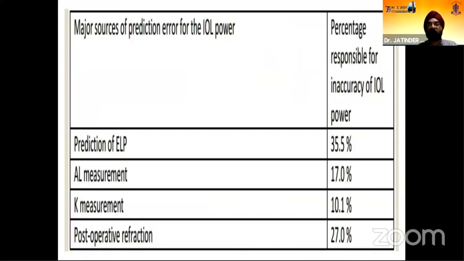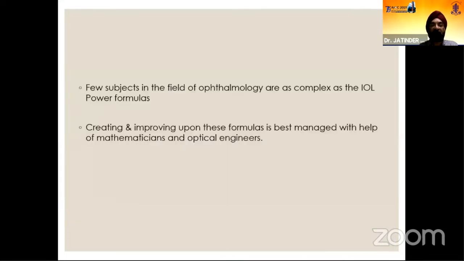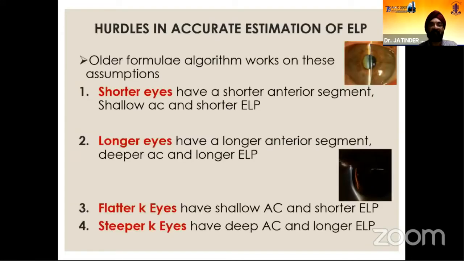And what are the major sources of prediction error? ELP prediction accounts for 35%, axial length 17%, keratometry 10%. Few subjects in the field of ophthalmology are as complex as IOL power calculation formula, because a lot of mathematics is involved in the calculation part, and we ophthalmologists are not very fond of mathematics. So what are the hurdles in accurate IOL power calculation? Because there are hurdles in ELP estimation, and we had some algorithms, some assumptions, and these assumptions were that